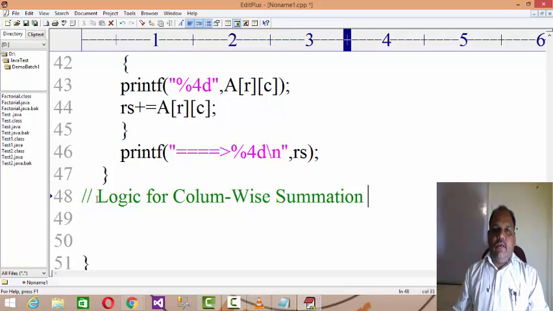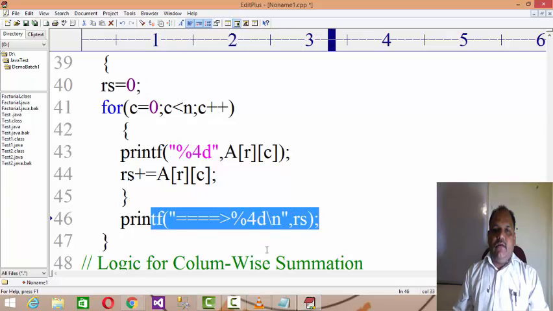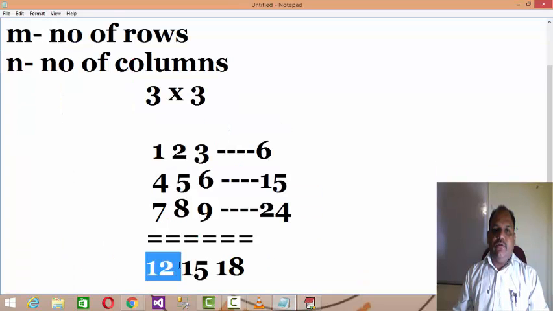Here in this case, we hold the row wise summation and print it before going to the new line, but you cannot print the column wise summation in this manner, because the control will travel row wise only.